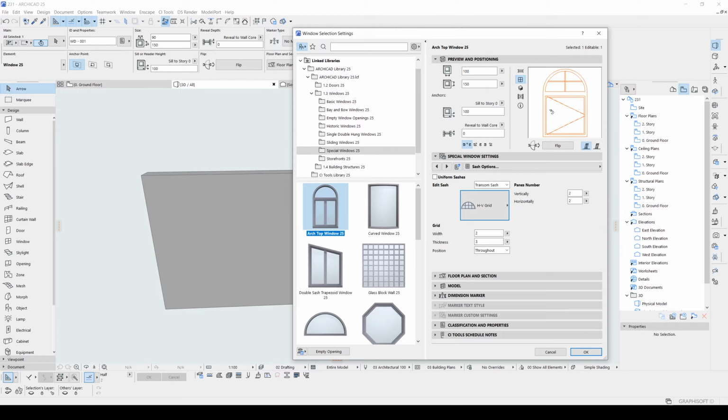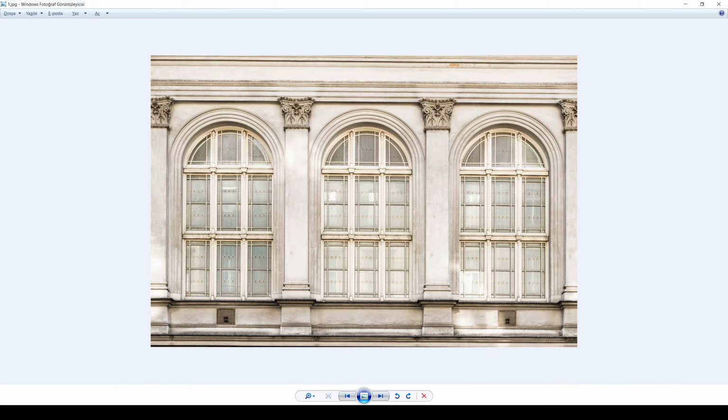If you want to add here, you will click this menu and click main sash and assign HV grid, and here we can change panel numbers and grid, but this looks a bit weird. It's not as elegant as our reference image. First of all, we don't need this case part between our main sash and top sash. We need to delete this part. It's very important. To achieve it, we will go to here and uncheck this upper transom. Now it's single as in this reference image.